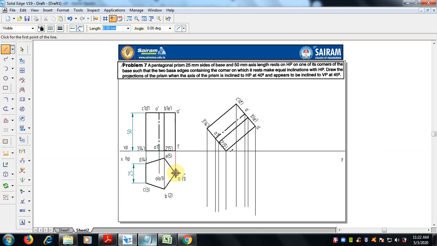From 1 to 1 dash, where it meets here, like that. 2 to 2 dash, 3 dash, 4 dash, 5, where it comes here.